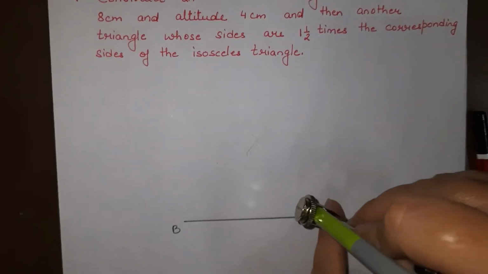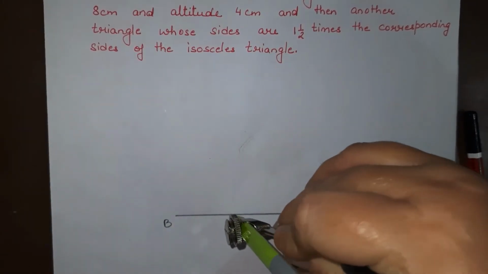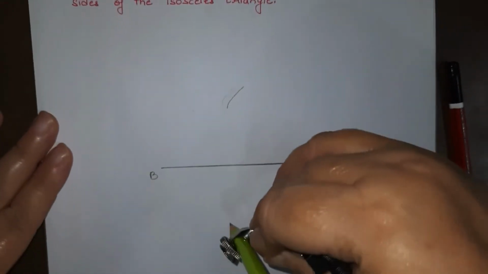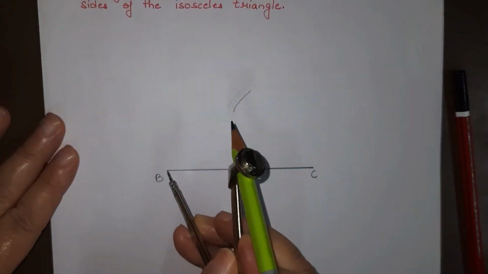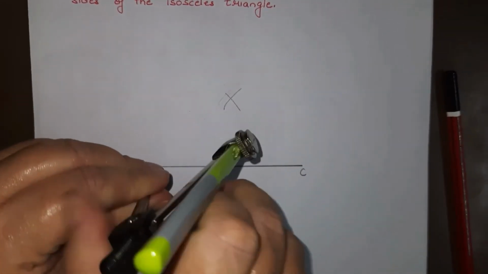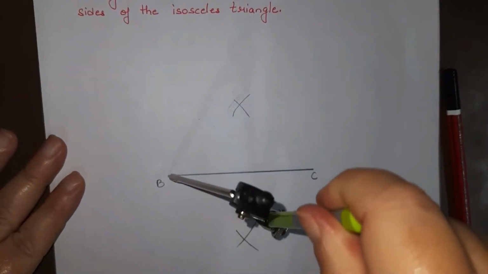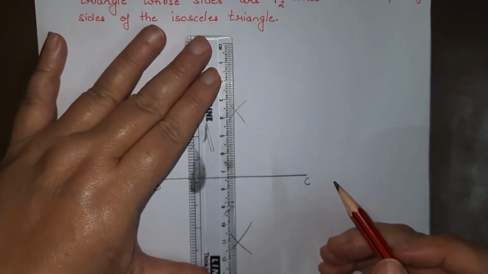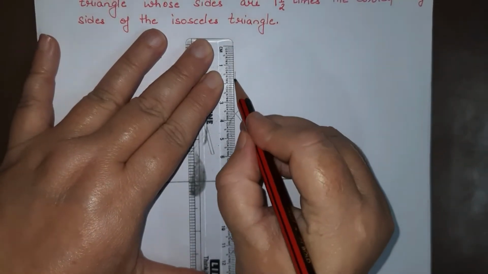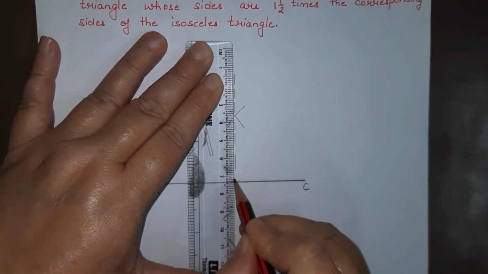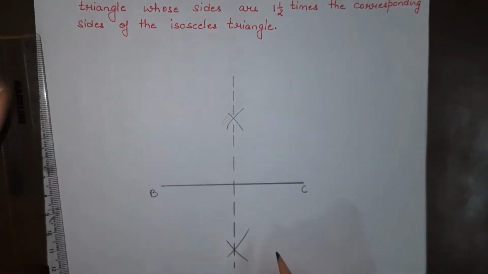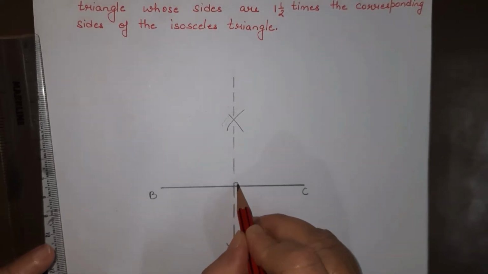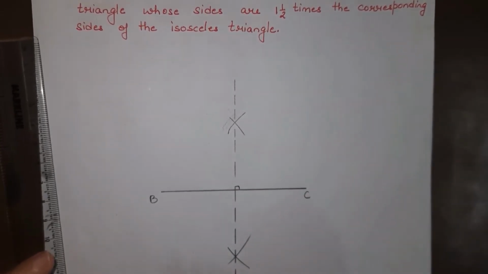So to draw perpendicular bisector, we have to open the compass more than half of BC. Now we will draw one arc here and one arc here. Similarly, from this end, an arc and this arc. Right? So in this way, if you join them like this, this is the perpendicular bisector of BC. Perpendicular bisector means that it is perpendicular as well as bisecting BC. That means this angle is 90 degrees. That means this is also the altitude.